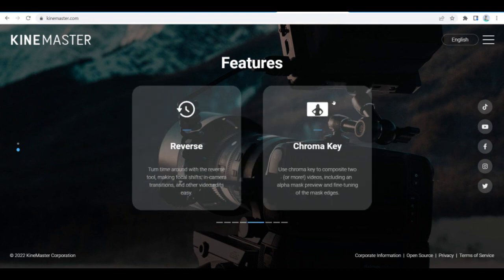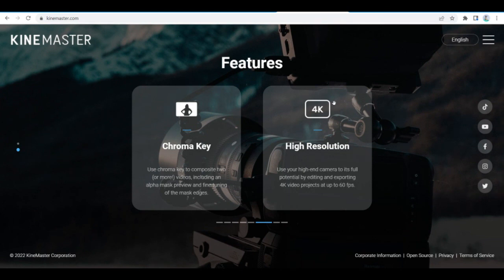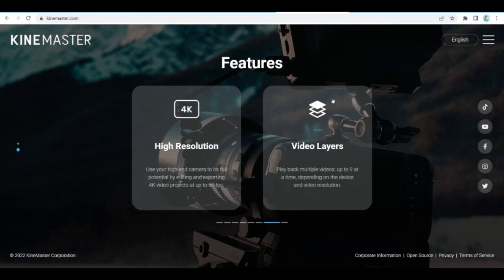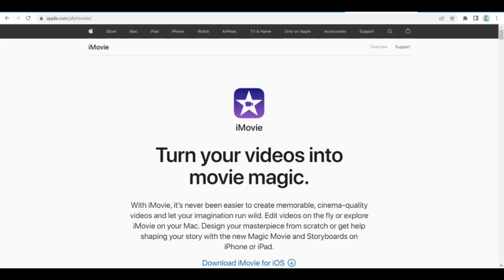Next, which is the last on my list for this video, iMovie. We all know this software. Of course, you know this if you're using an Apple. I'm not sure if it comes pre-installed with iPhones nowadays, because I'm not really a